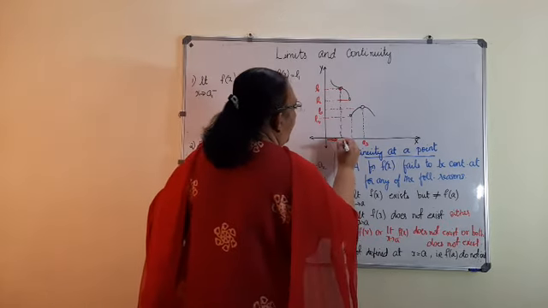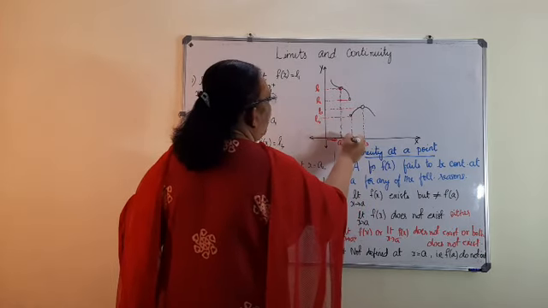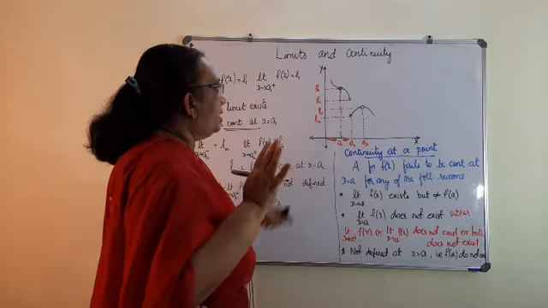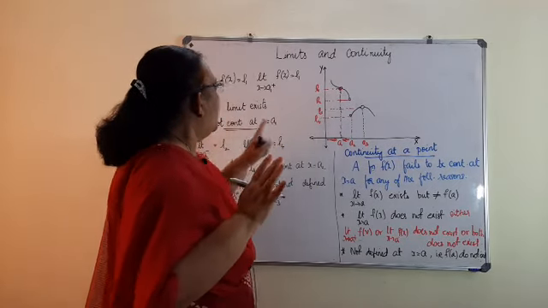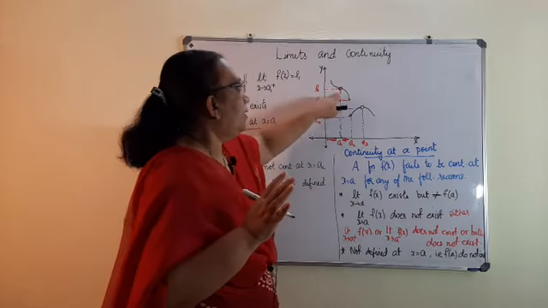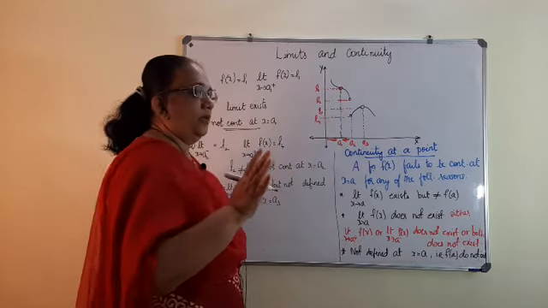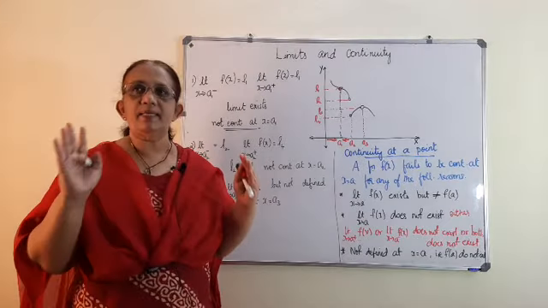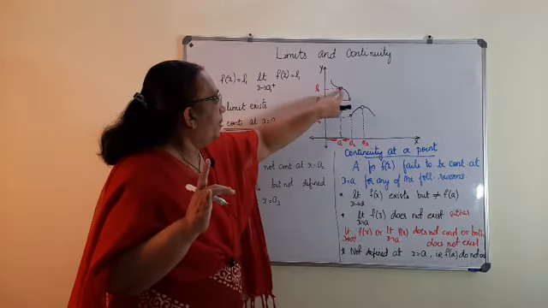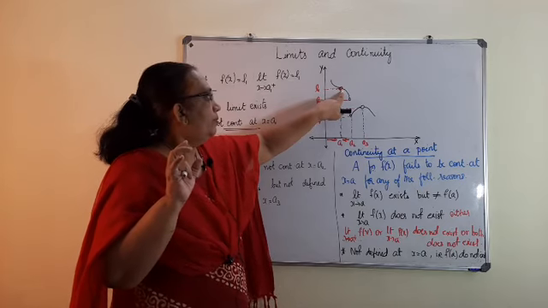Similarly, the point a1 can be approached from the right side, and when you approach from the right side, it is again equal to L1. That is, the limit exists at this point, L1, but it is not continuous at x equals a1, because there is a hole or a gap at the point x equals a1. The right hand limit as well as the left hand limit exist, but it is not continuous.